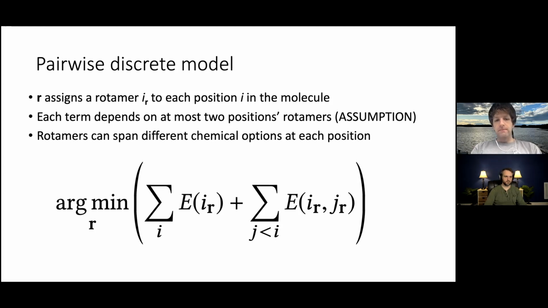Anyway, what this leads to is, once you have a certain rotamer and a certain residue, for any two of those, you can compute this pairwise energy. So you end up with an approximation to the energy where every term depends on at most two different rotamer assignments to different residues. And then let's say you're trying to minimize E of R. Everything would be a variant on this, but this is the simplest one. This is what you're trying to solve here, this equation, when E of i_R and j_R can be fairly easily estimated given any two rotamers. You don't need the full R for it.